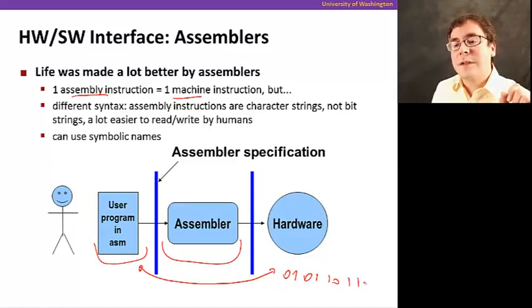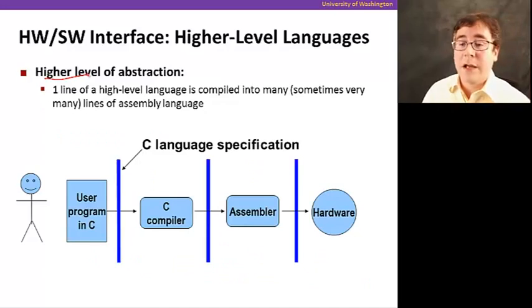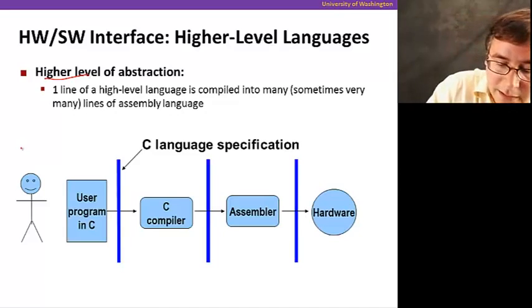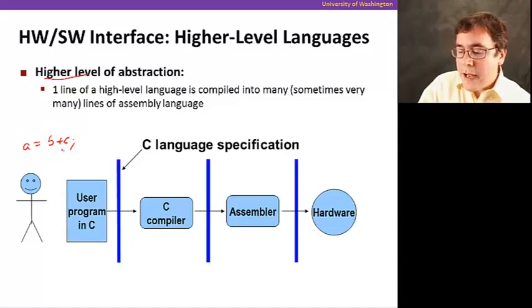But even then, that wasn't enough, because programs were getting more and more complex, so we needed yet another level of abstraction that's much higher level. These are languages like C and Java. They're much, much higher level, and you can write statements like A equals B plus C, for example. And one statement in this high-level language can translate to many, many